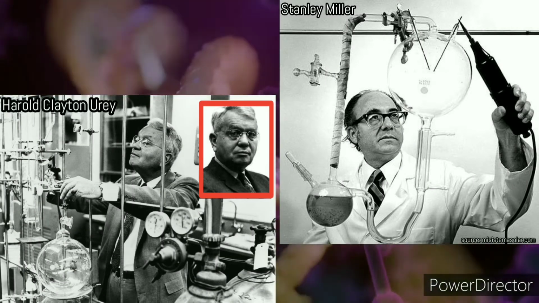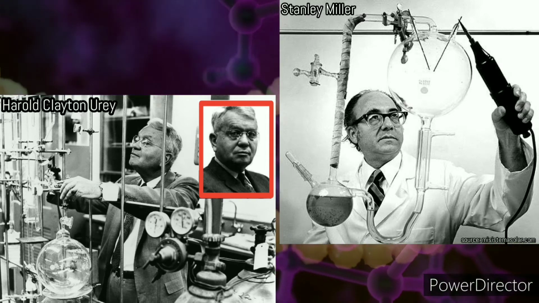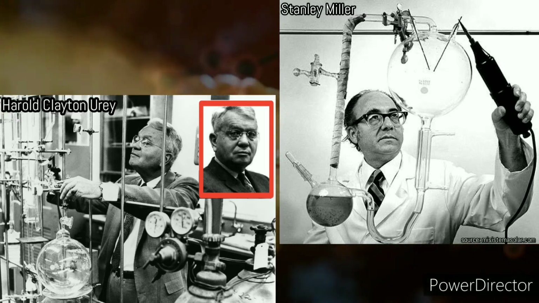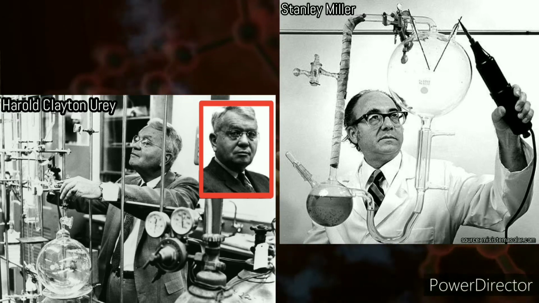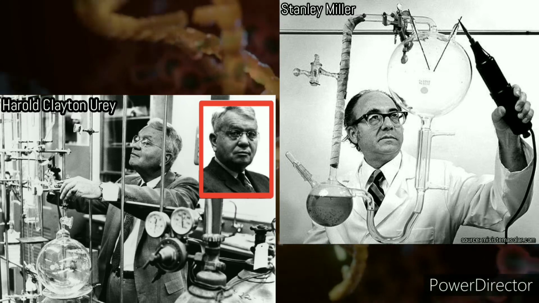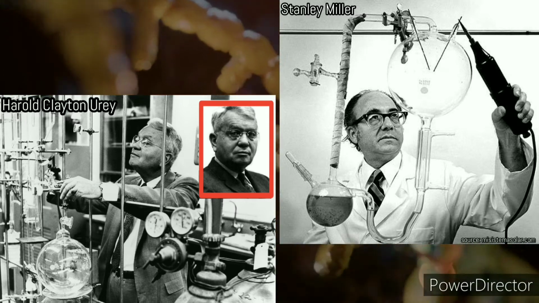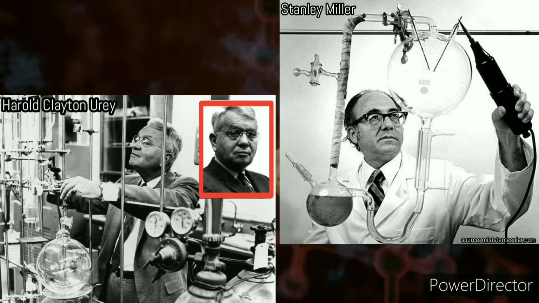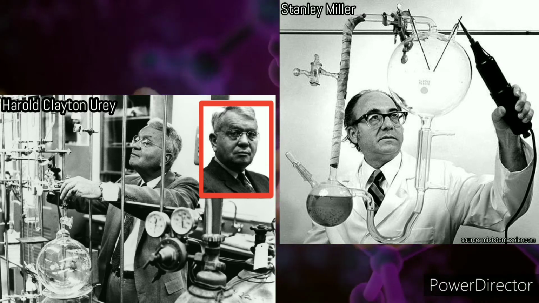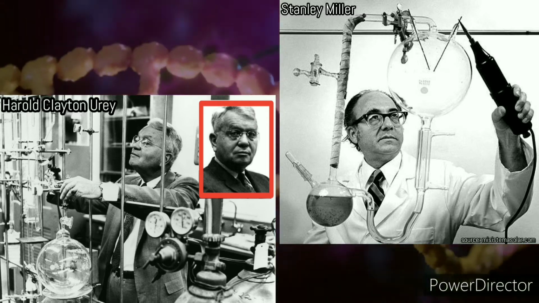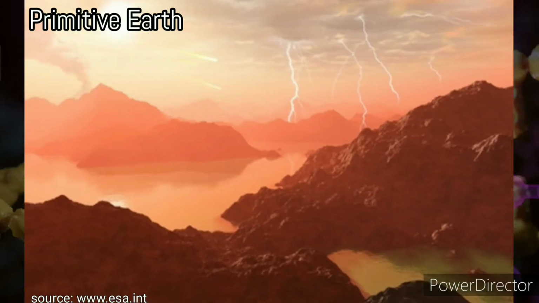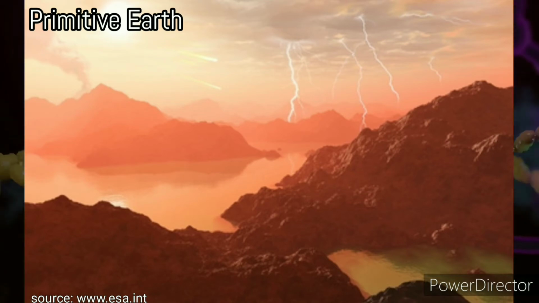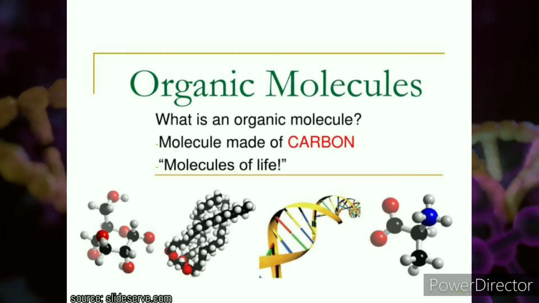Theory experiment: the Miller-Urey primordial soup experiment. American chemists Stanley Miller and Harold Clayton Urey conducted the first experimental verification of the primordial soup theory in 1953. In their experiment, which came to be known as the Miller-Urey experiment, the two scientists attempted to recreate the environment of the primitive Earth as suggested by Oparin and Haldane, and determine whether the forming of organic molecules could transpire